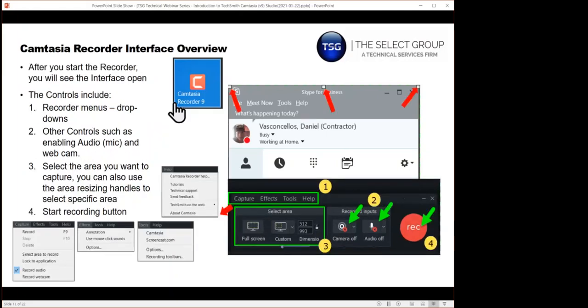After you start the recorder, you're going to see a little pop-up with all the controls. So in this dark area down here, the first thing you do is use your resizing handles around the green dashed line, and you'll just move that over the area that you want to record. Using the controls,